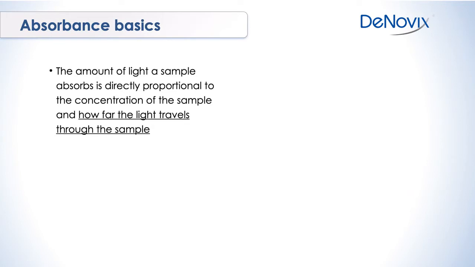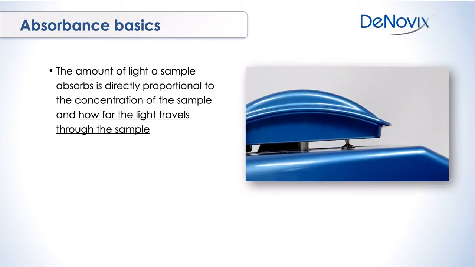So the basics of absorbance, so we'll talk about absorbance as a comparison to the fluorescence assays that we'll come on to talk about later. The amount of light going through a sample is absorbed in direct proportionality to the concentration of the sample that we put onto the instrument and how far the light from the instrument travels through the sample. So we've got a little video here and you'll see that we have a sample on here and